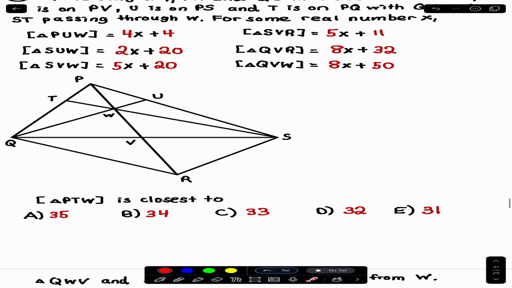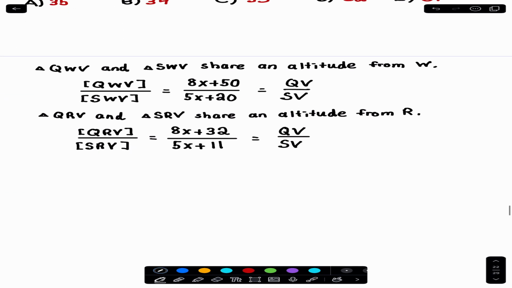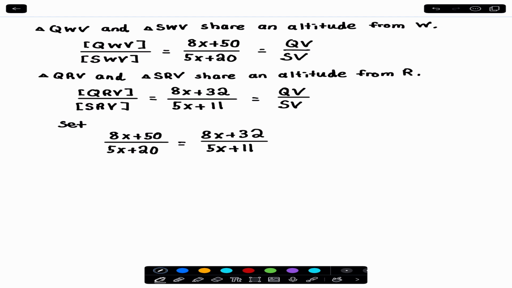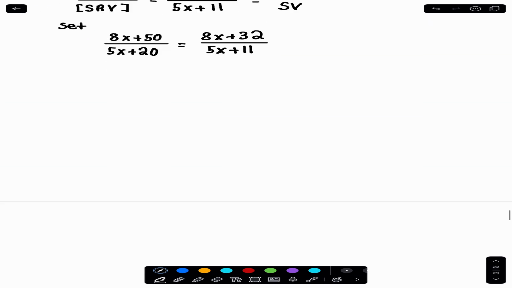Because once we get x, then we can rewrite all of these in terms of numbers. So if we set these equal to each other,